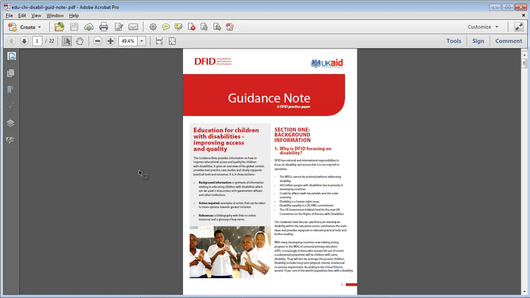So here is Adobe Acrobat Professional, and here is a document that we've looked at before. It's a UK government document designed to be given to schools and other organisations as well. And this could be a document that you wanted to share with your school community, with staff, with students, with parents. It doesn't have to be a guidance note, it could be a letter, it could be a prospectus,